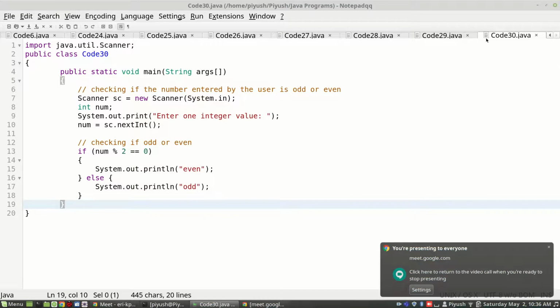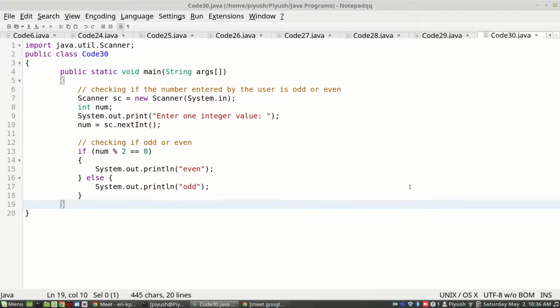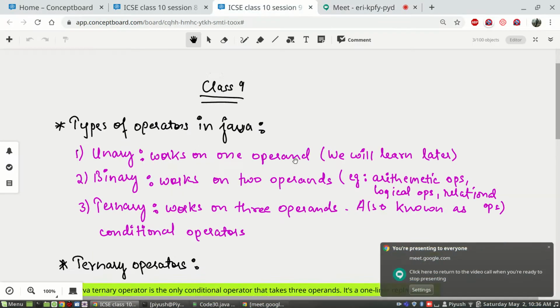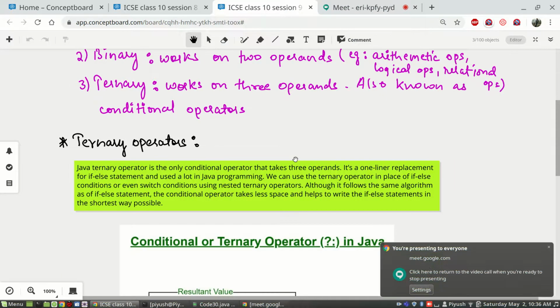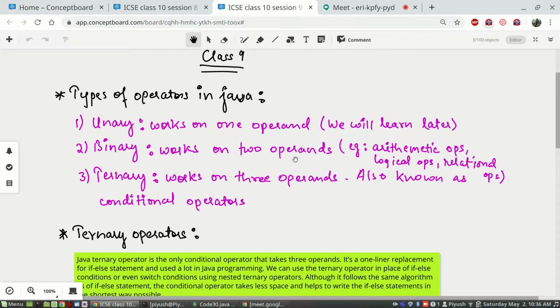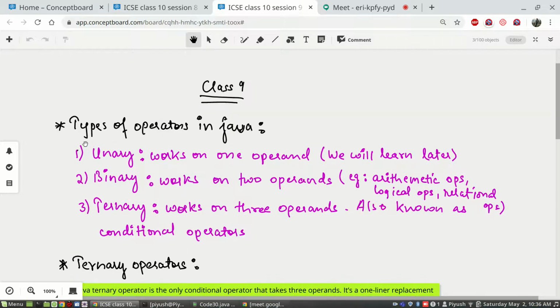From that point onwards, we'll start with something new today, and that is one thing known as the ternary operator. But before we go into the ternary operator, which is another version of if else, similar to if else as we'll see shortly, let us understand the different types of operators in Java.